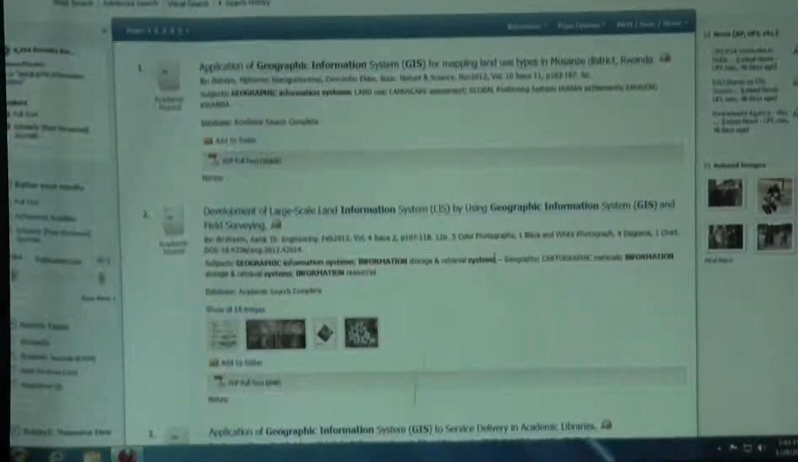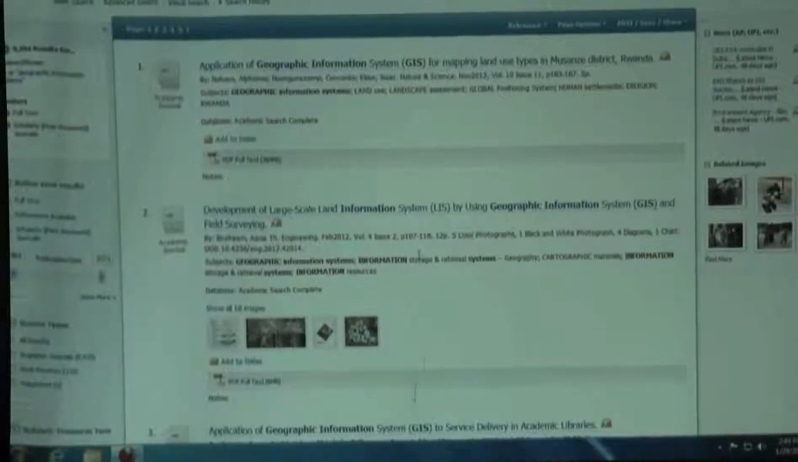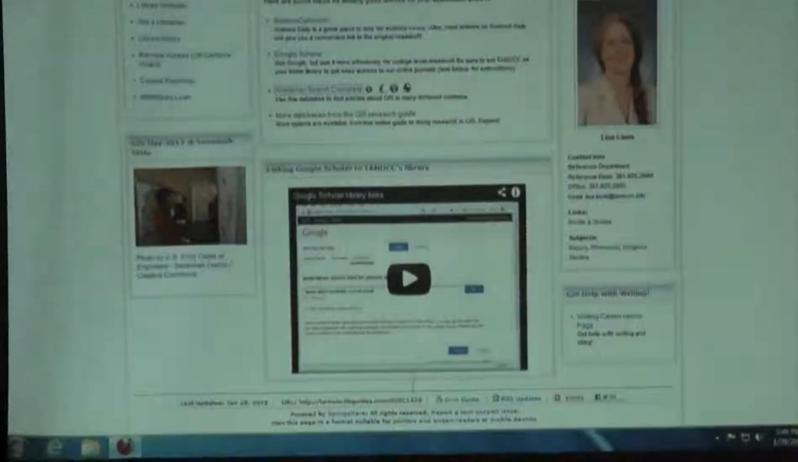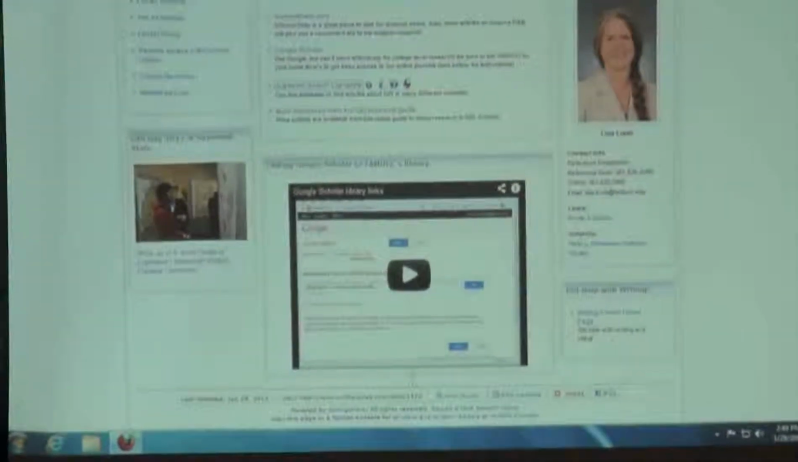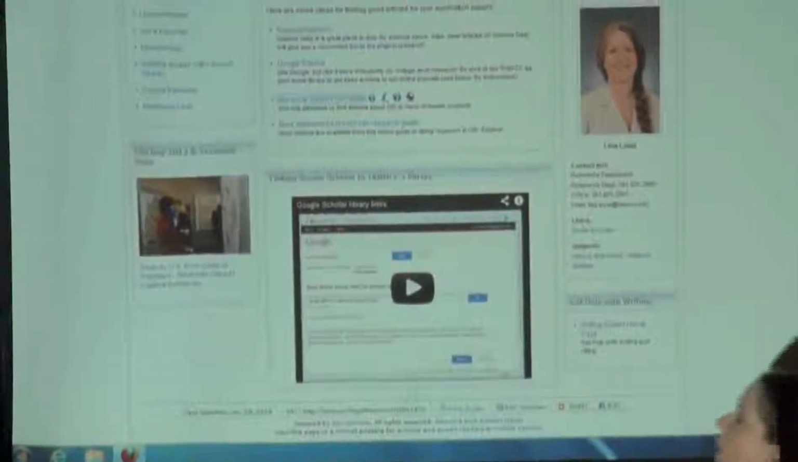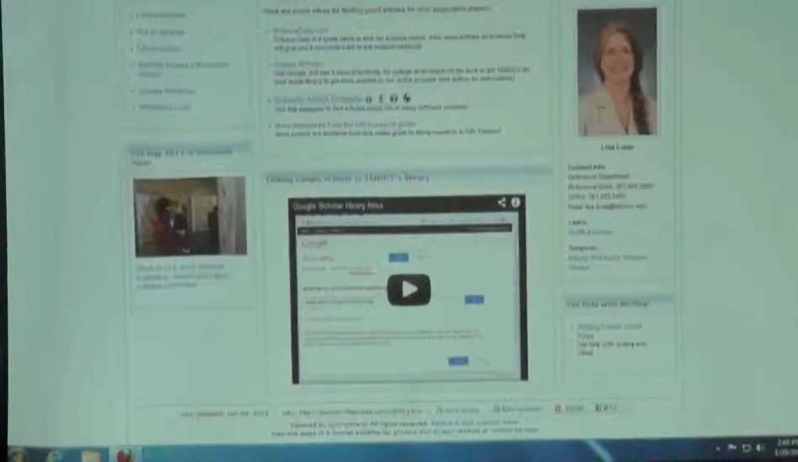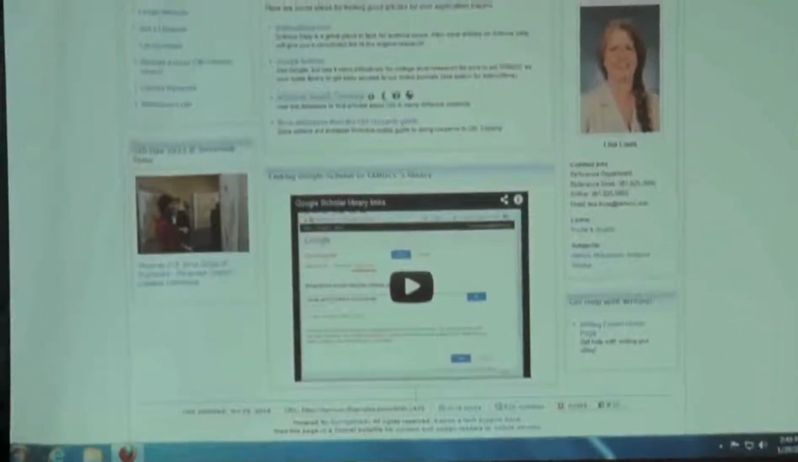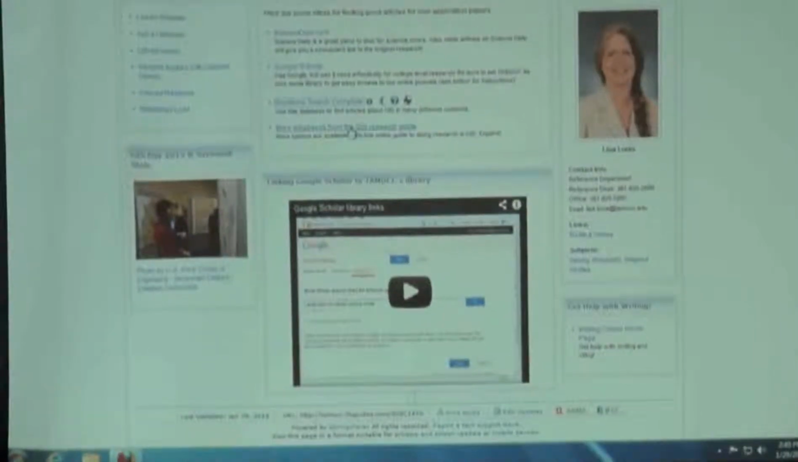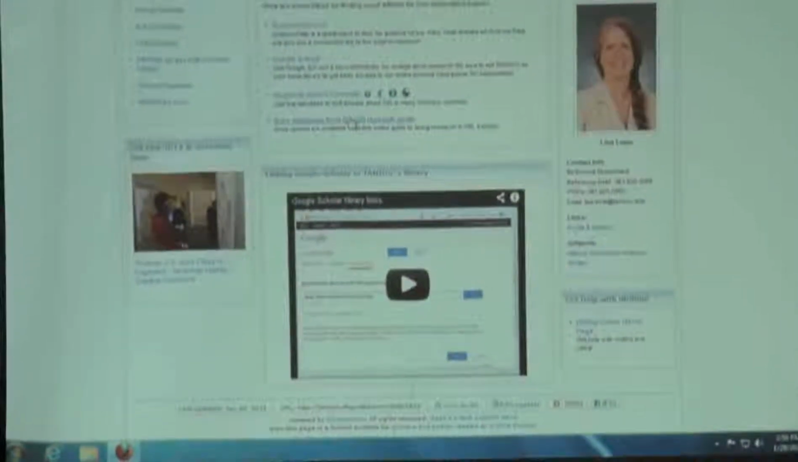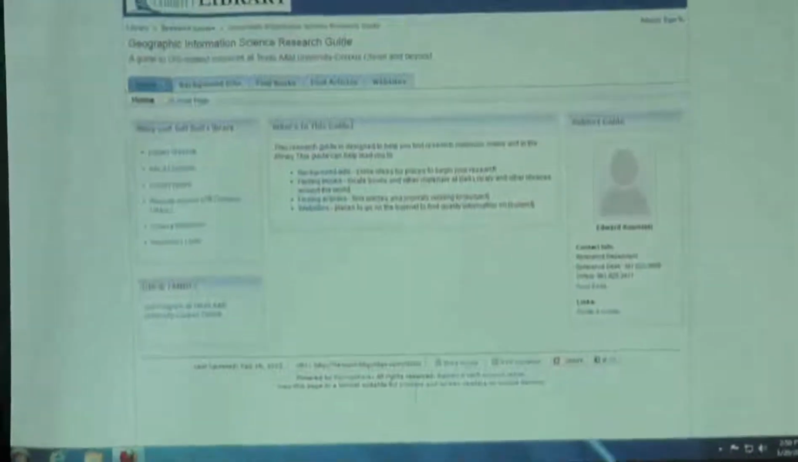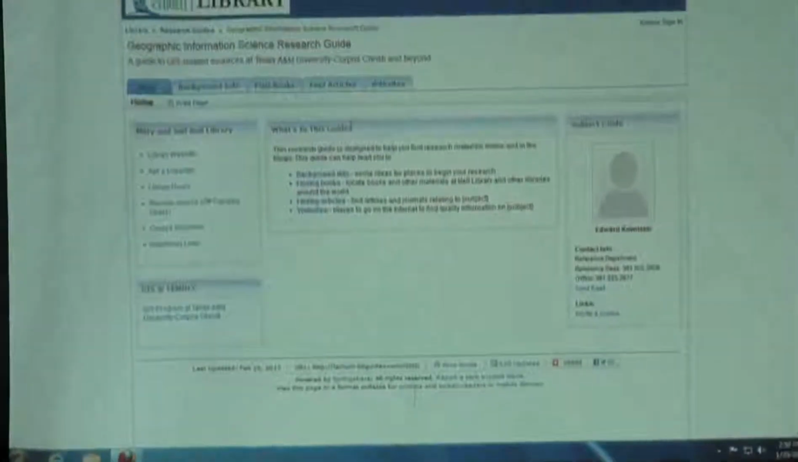All right. Well, let's see. How long have I been talking? About 20 minutes. So this is about as long as I wanted to go. I'm going to hop back to your guide just really quickly and show you one more thing. Actually, two more things. First is that there is a link here to more databases from the Geographic Information Science guide that we do. It's specifically specialized